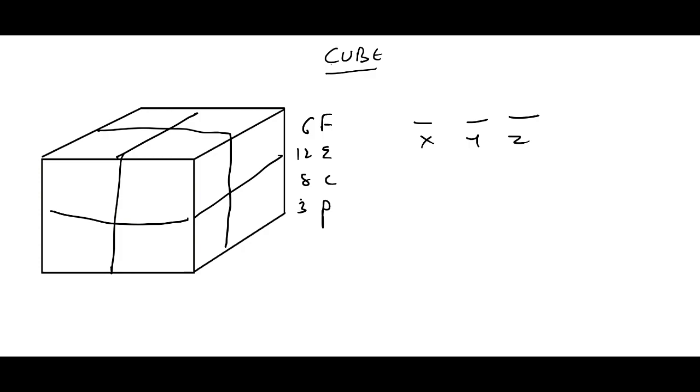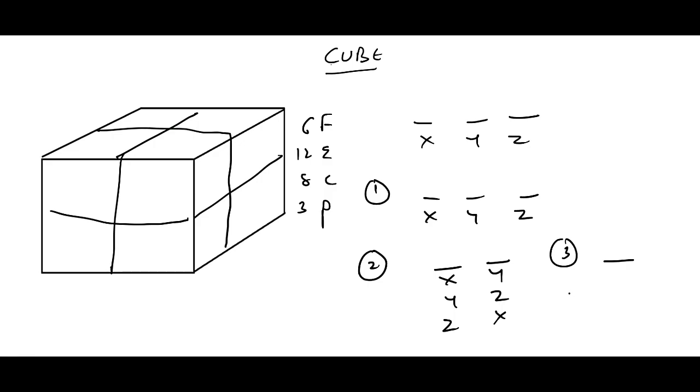So we have 3 different ways. Let's see the first way. If I make all the cuts on 3 planes equally, that means some cuts on the x axis, some cuts on the y axis, and some cuts on the z axis. The second way is I will make cuts on 2 out of 3 planes, that is I will make the combination of xy, or I will make cuts on yz, or else I will make the cuts on axes z and x. That means out of 3, 2 axes are used to make cuts. The third way is I will make all the cuts only on one axis, that is all the cuts only on x, or all the cuts only on y, or all the cuts only on z.